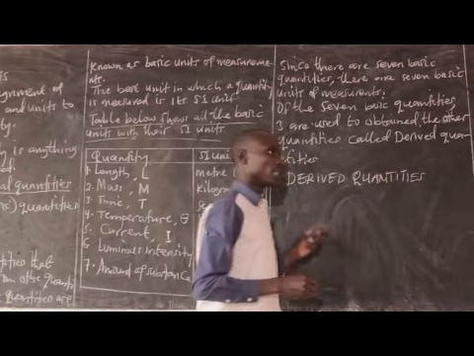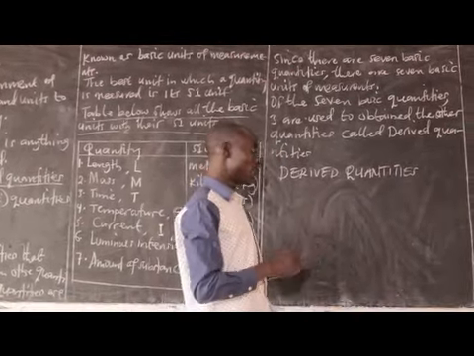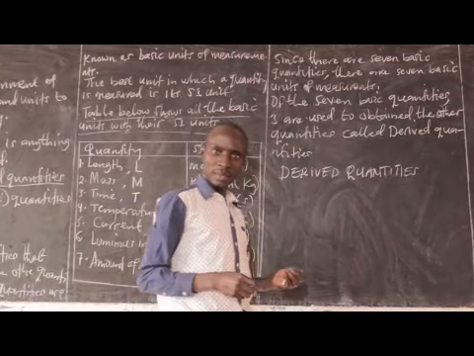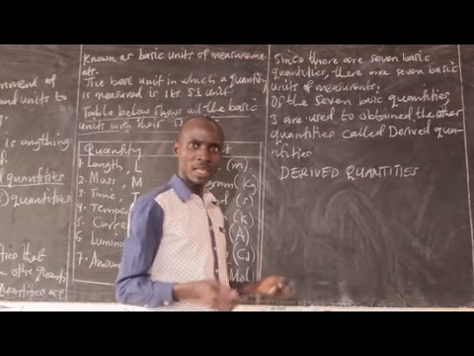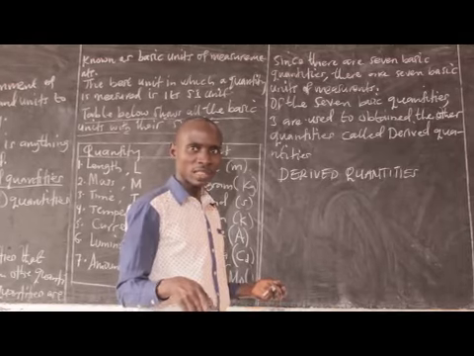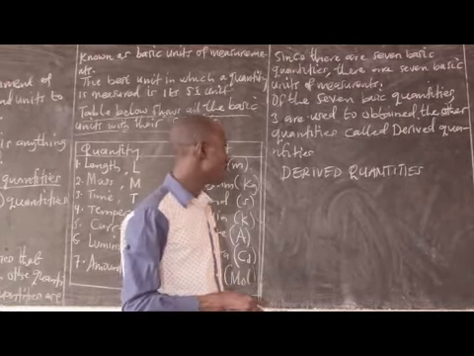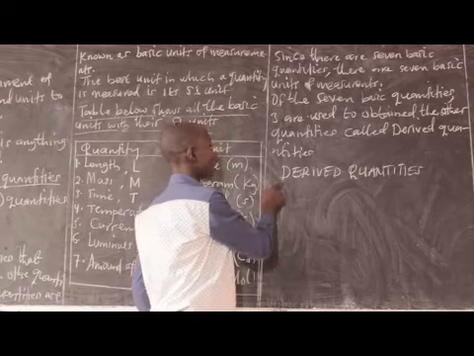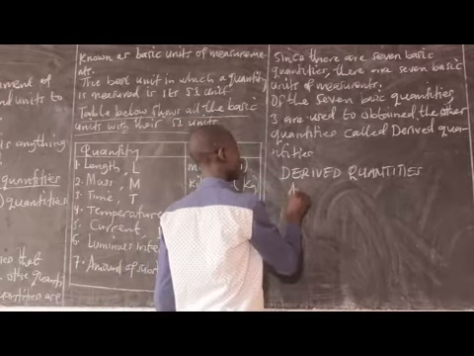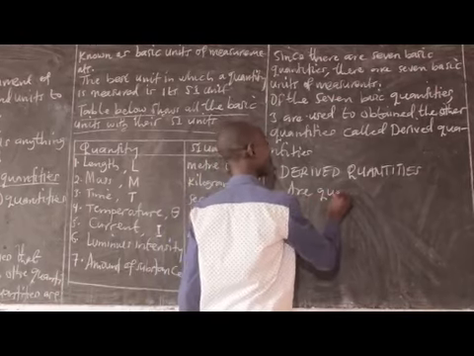Because we use only 3, which are length, time, and mass, doesn't mean that those are the only basic quantities. There are 7 basic quantities. But these 3 are the ones we use to obtain derived quantities. So, derived quantities are quantities